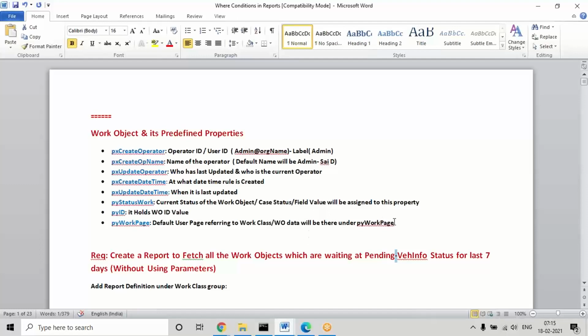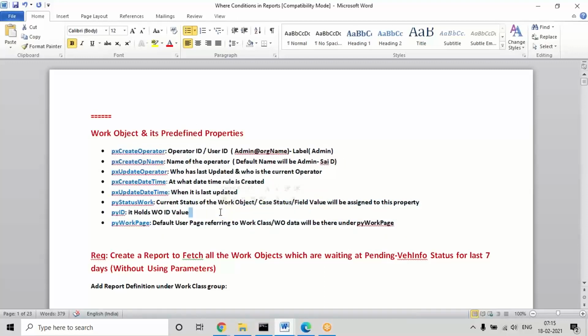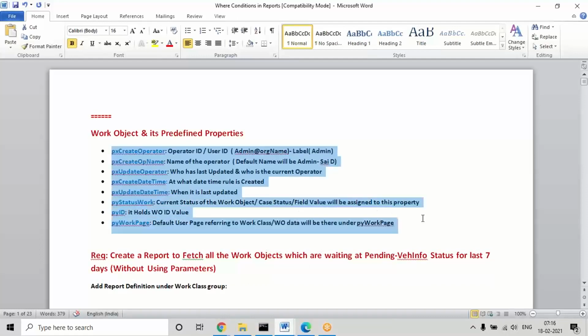Any predefined properties we have in Pega are assigned to the work layer by default. So for any fetching action on these fields, we need to define the report under the work layer. This time we'll create the report definition under the work layer.